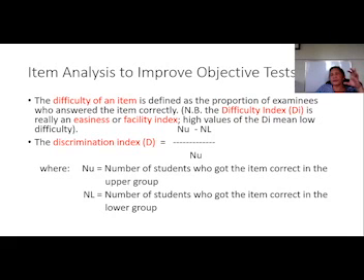NU is the number of students who got the item correct in the upper group, and NL is the number who got the item correct in the lower group. Actually, let me correct this, because the NU here means the number of